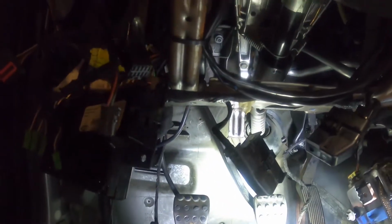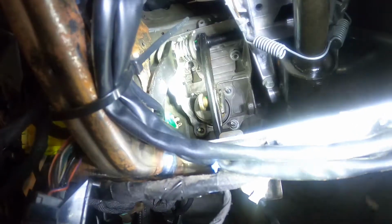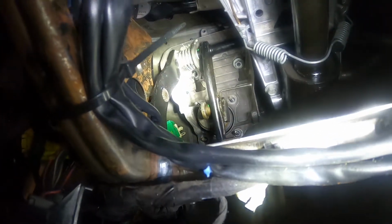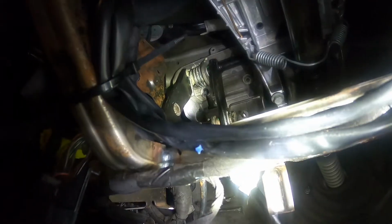So 3 pedals are in the car. We had to pull some more stuff out of the car to be able to get it in. We're test fitting the pedal assembly. We're running into a little bit of an issue. I don't know if you can see, the clutch pedal is real close to the mounting bracket for that